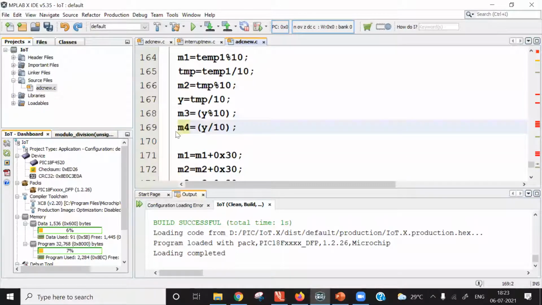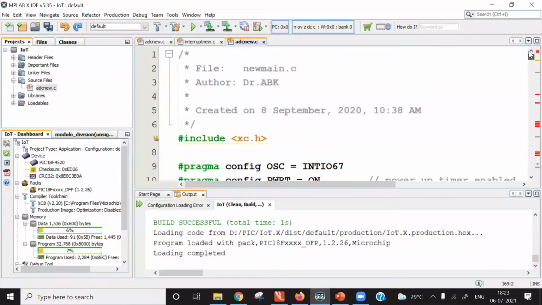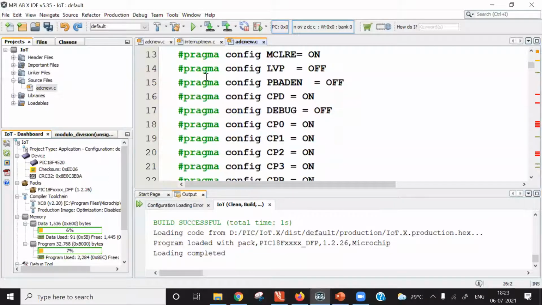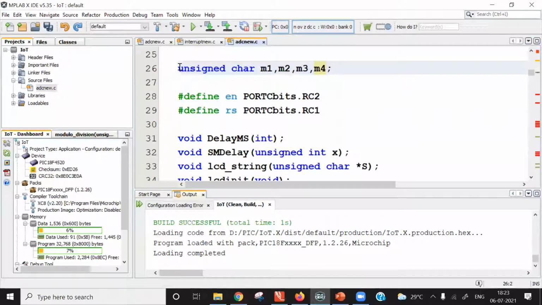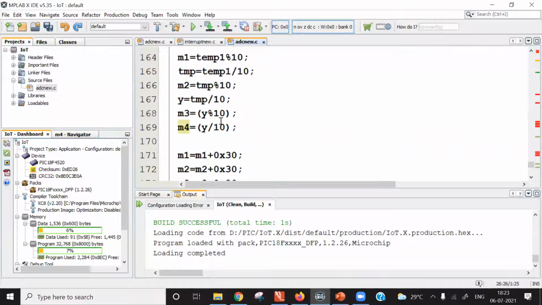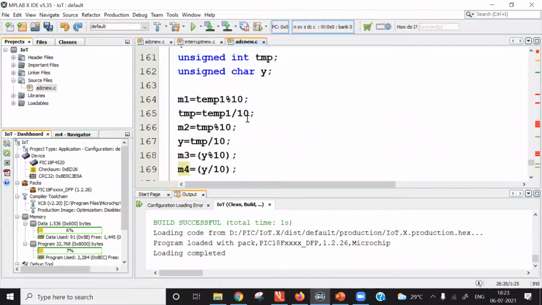These 4 variables are global variables which we have declared outside the main function. Look here, after this hash pragma directive, I have declared these 4 variables. You can create local variables, that is up to you and according to requirement. I have created global variables so that I can access them from the main program.